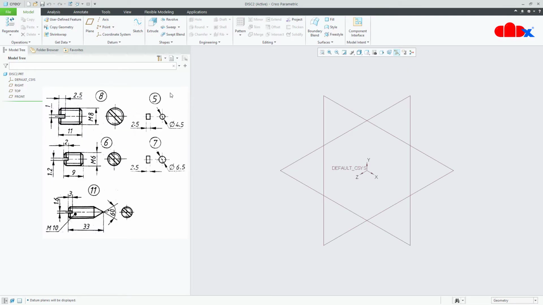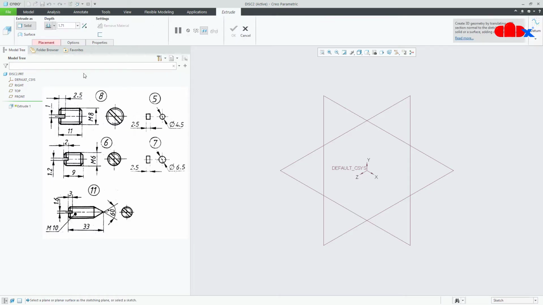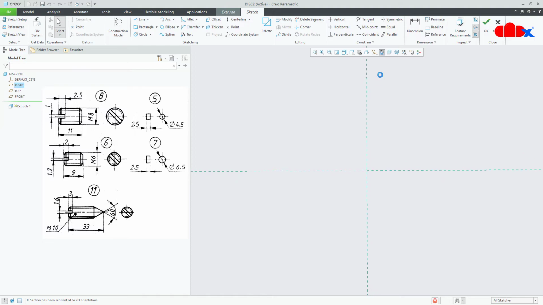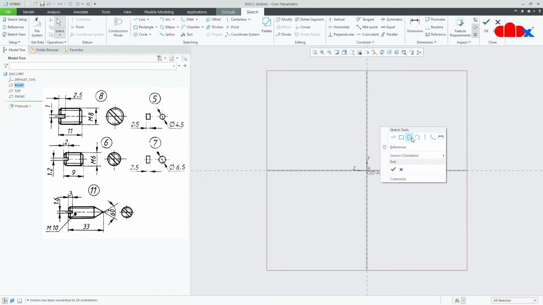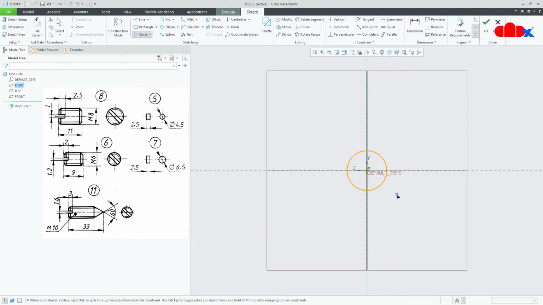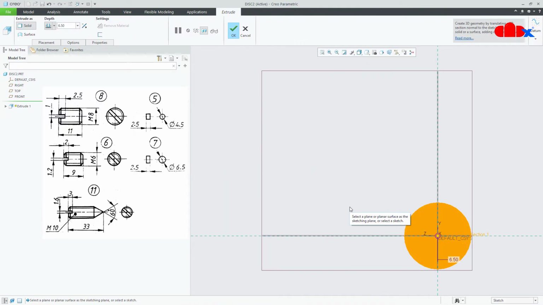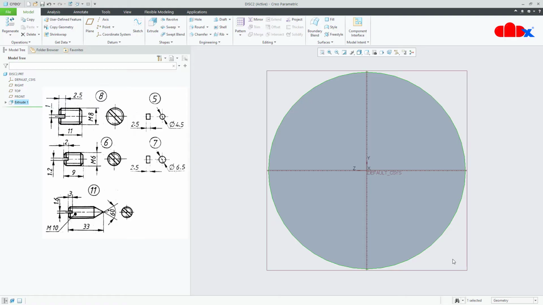So this is the drawing, and for this once again go to Extrude, select the right datum plane, normal, draw a circle, circle dia is 6.5, say OK, thickness is 2.5, say OK,